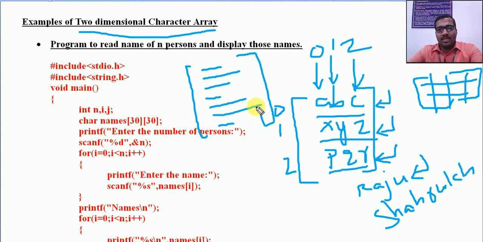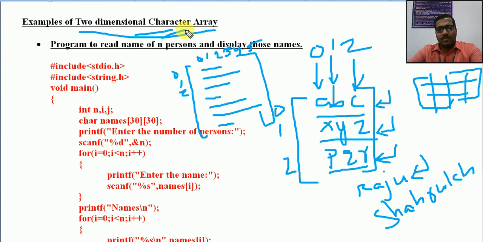But with integer arrays, the size is fixed, so we can easily understand and process them when we take two-dimensional integer arrays. But here we have the 0th row, first row, second row, etc., but the column size we cannot predict. So we will have some maximum number of columns permitted, but each row will have a different number of characters. So how can we process these types of two-dimensional character arrays?